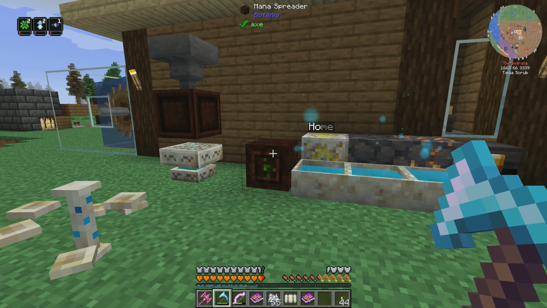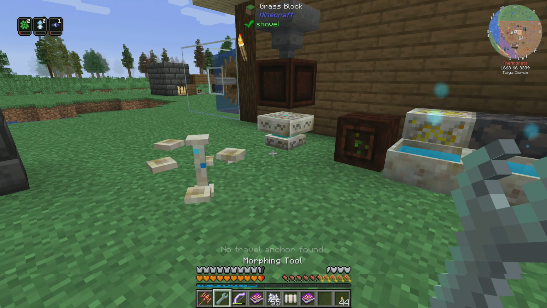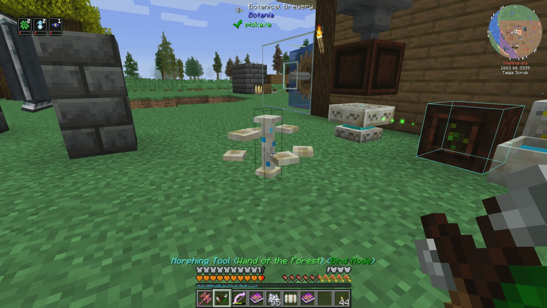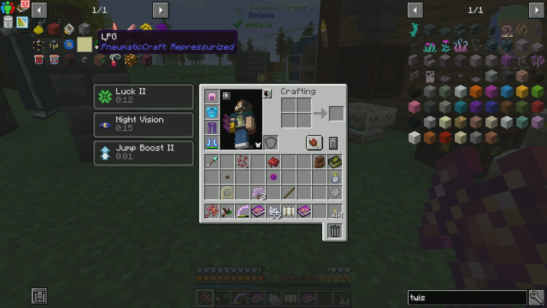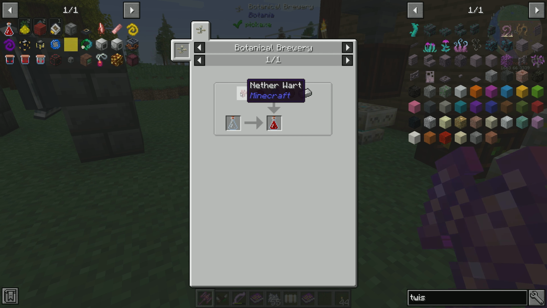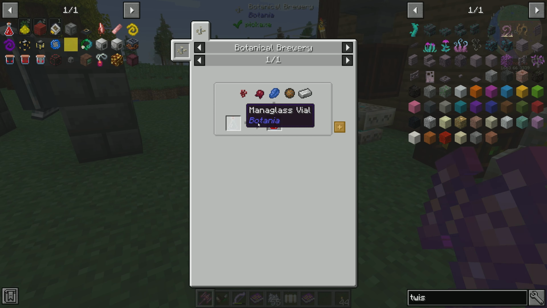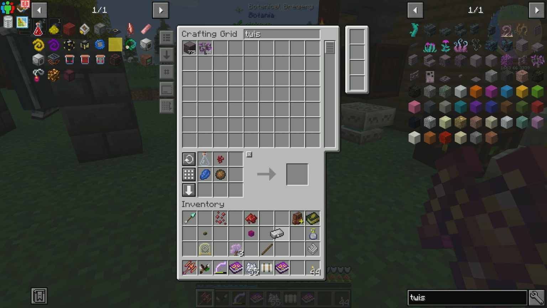Okay, so let's get our botanical brewery. Let's get our wand of the forest out. You are going to bind yourself to here for the moment. And let's see what we need to do this. Okay. So we are making a vial of crimson shade, which is going to require netherwort, fermented spider eye, lapis, and iron ingot. Can I request all of this stuff? Yeah, that would be nice to be able to use, but